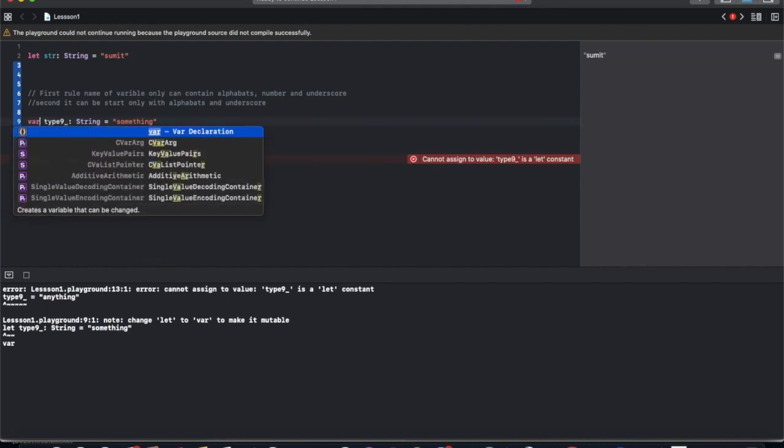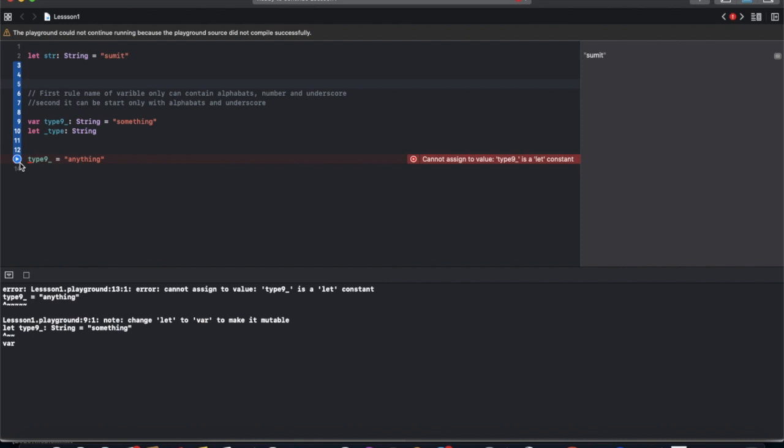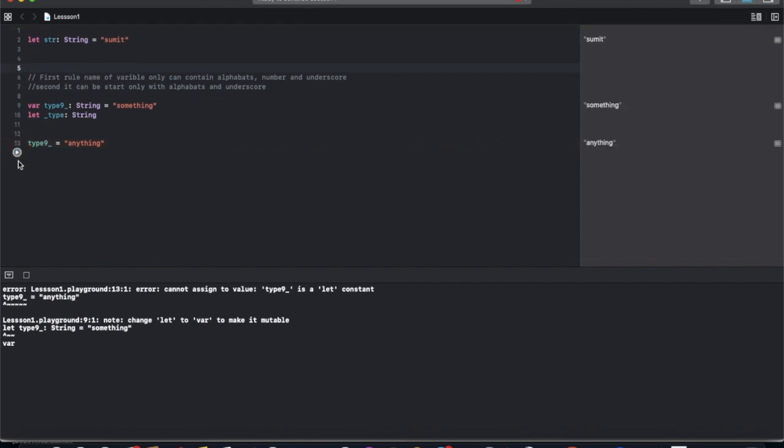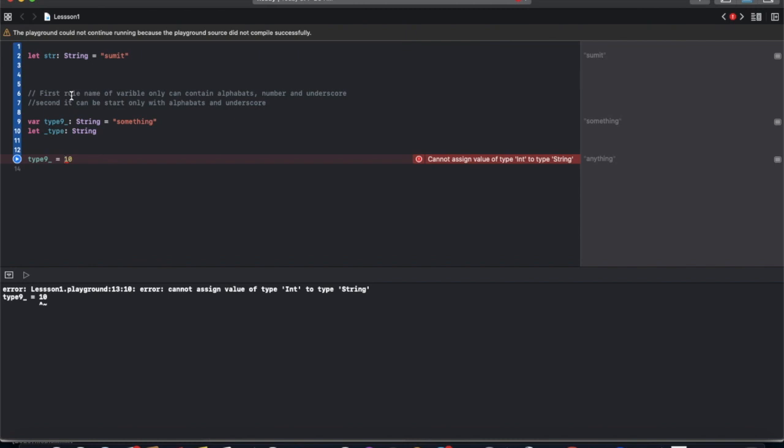So firstly we declare it, and now it's working fine. But if we want to provide the value as an integer here, it again gives some error because the type can be decided only once.